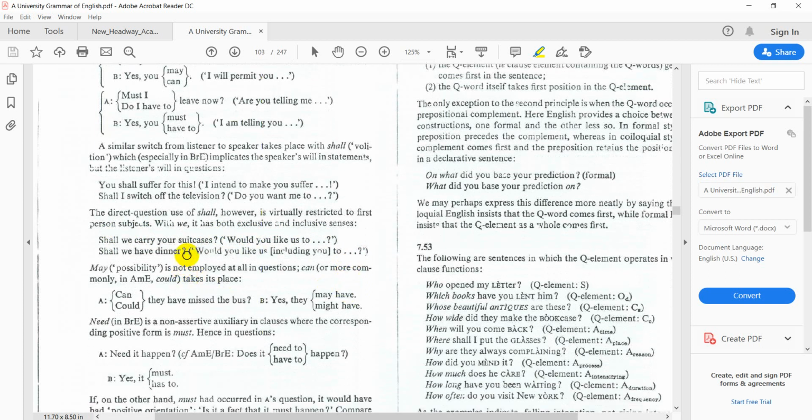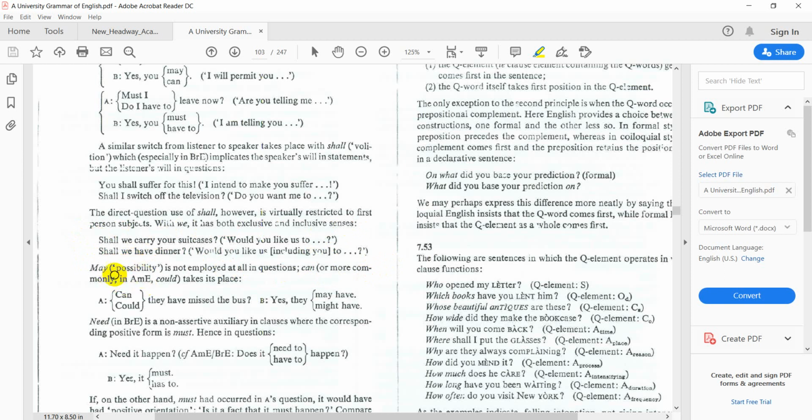Shall we carry your suitcases? Would you like us to carry your suitcases? Shall we have dinner? Would you like us, including you, to have dinner? So for we and for the first person,